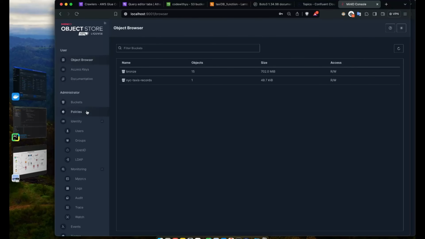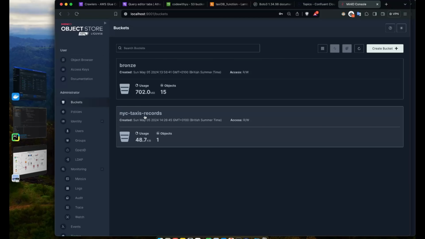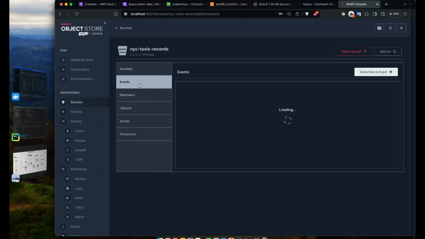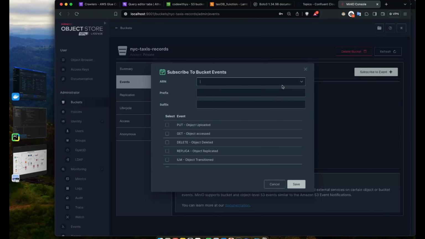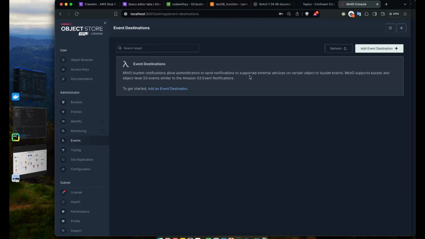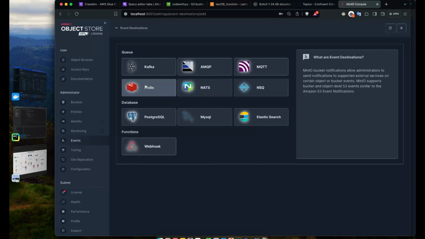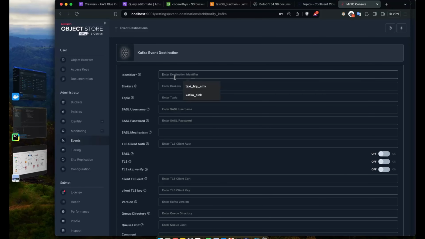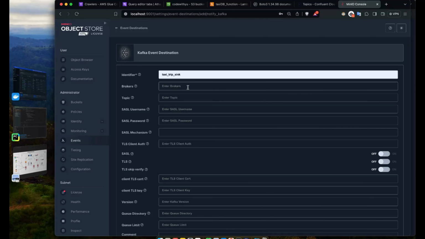Okay, so in our object buckets, if you click on the buckets here, we have the NYC taxi record. Yeah, I have the events here, and I'm going to be subscribing to events. So we need an ARN here, which is more like the objects that we want to subscribe to, and we don't have that until we come to this event and we create a destination here. So we had an event destination. The event destinations currently supported out of the box are Kafka, AMQP, MQTT, and the rest of that. So I'll be selecting Kafka in this case, and I'll call this maybe taxi trip sync,